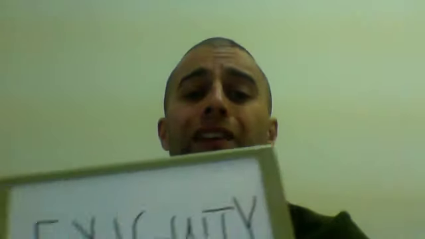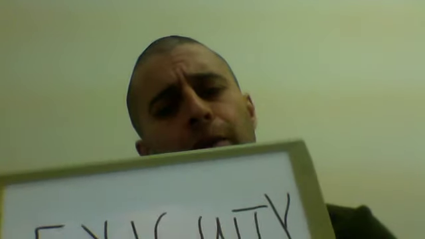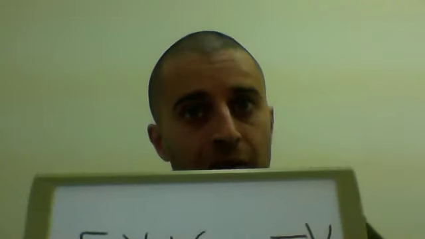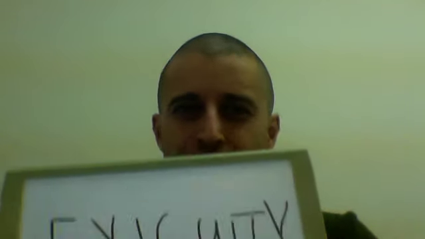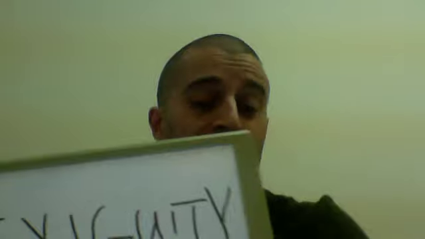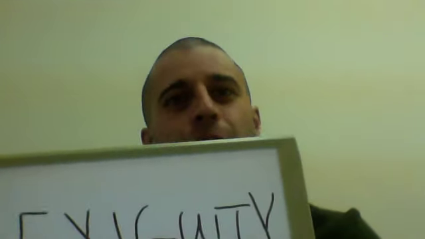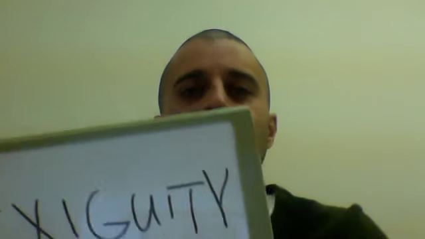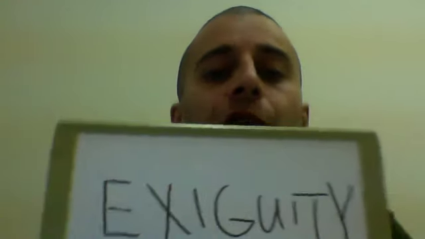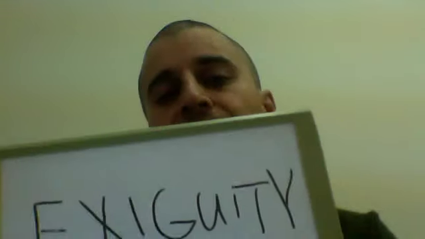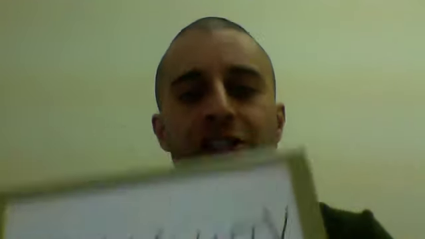One last word dealing with scantiness, not much of something, is the really difficult word, exiguity. I was wondering, should I put it on here? Because in general, the GRE is not testing really random difficult words. It's testing words like the ones I show you every week, but testing them in really convoluted, difficult to understand sentences. And once in a while, maybe they'll drop a difficult word like exiguity, which simply means scantiness. So there is an exiguity of really difficult, almost obscure words on the GRE.